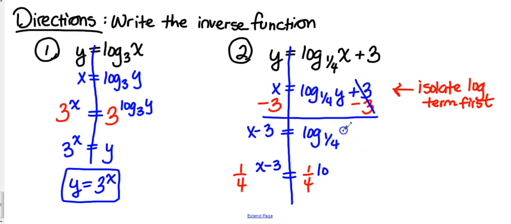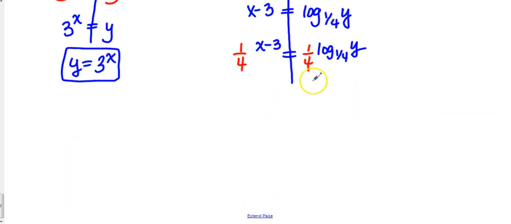Sorry about that. Log base 1/4 of y. I know that if I do that, I'm going to be in good shape because my directions are to solve for y. Y right now is locked up there in that exponent spot, but not for long, because 1/4 raised to the log base 1/4 cancels. Those are inverse operations,